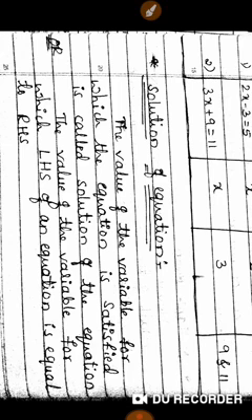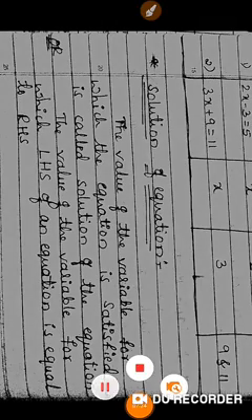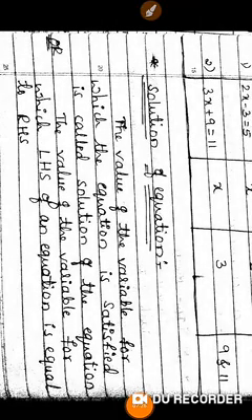Solution of an equation. Solve means solution. Solution of an equation is nothing but finding the value of the variable. Just now I said, no? You may choose any equation here. Solution means what I am telling by the examples.